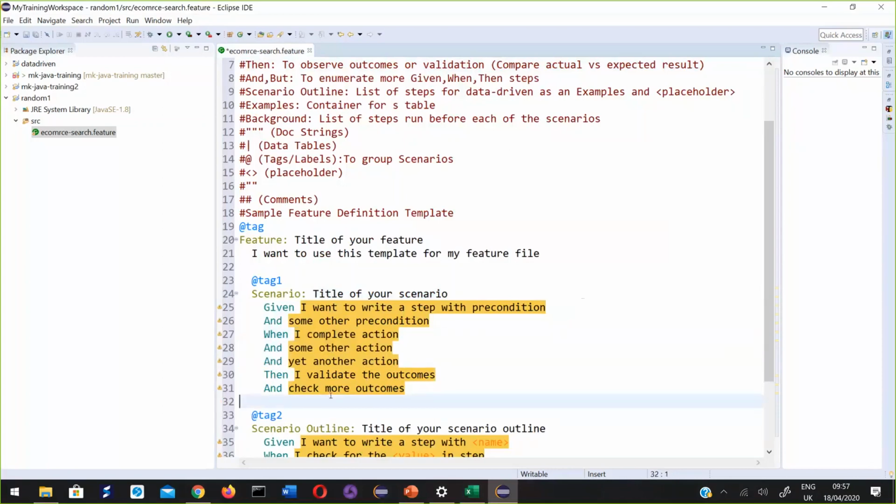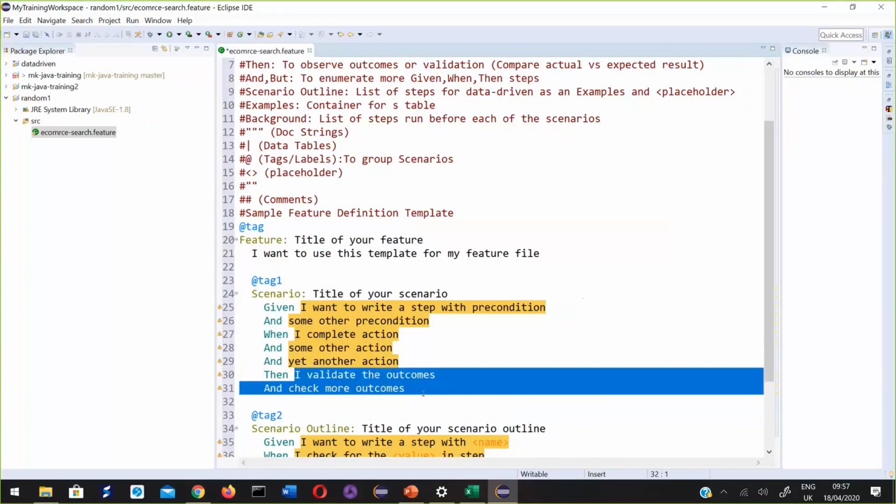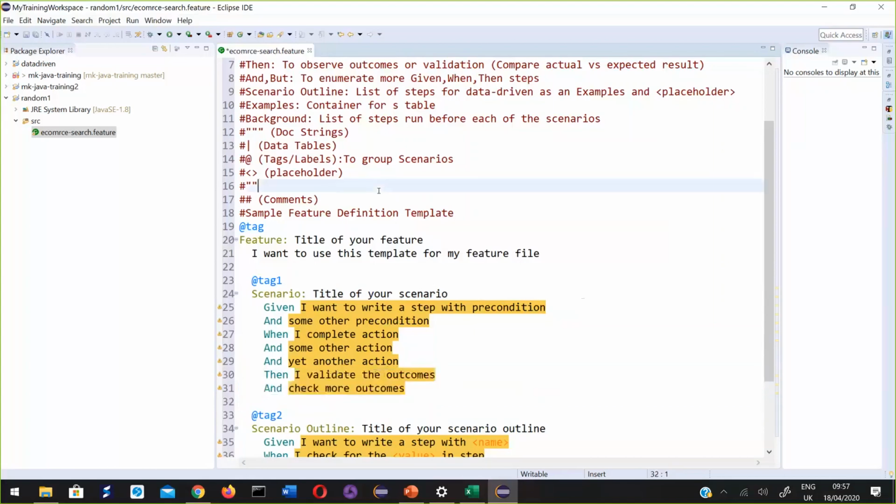Every test case finally will have actual versus expected result comparison, which should be written under then. Okay, make sense? Understood this point? Given for preconditions, when for test steps, then for actual versus expected comparison. That is a way of logically grouping the steps present in your test case.